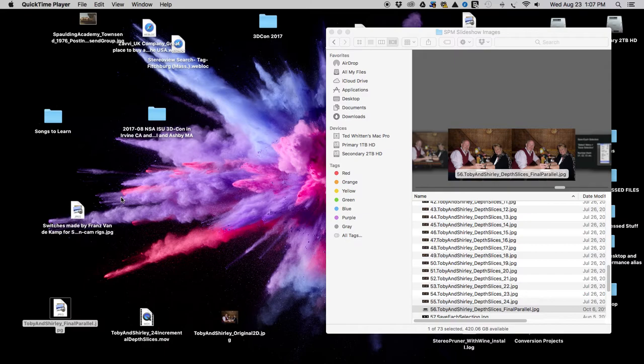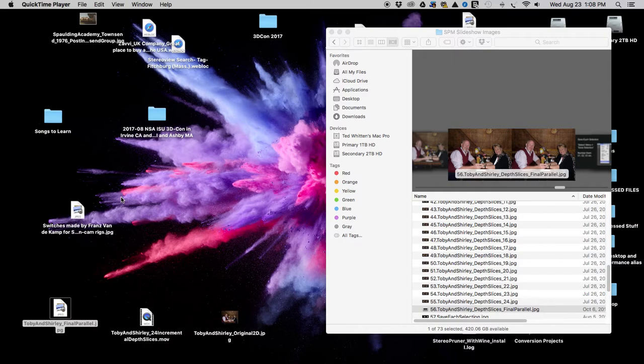It applies the depth map, knowing that the black is the foreground, the white is the background, and vice versa, and the various shades of gray tell it where things fall within the depth space and therefore how much shift to give each element. Depth map conversions, I've tried a number of them, and personally I find it frustrating how much of a mess they make to the image and how much touch-up work is required afterwards. Sometimes they are beautiful and yield absolutely smooth, beautiful results, but ultimately I've figured out for my own purposes that